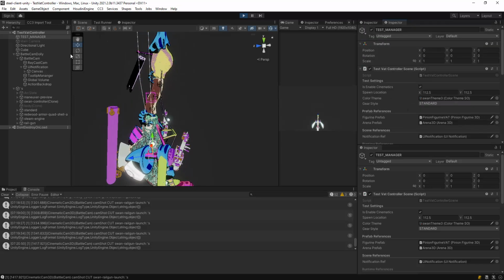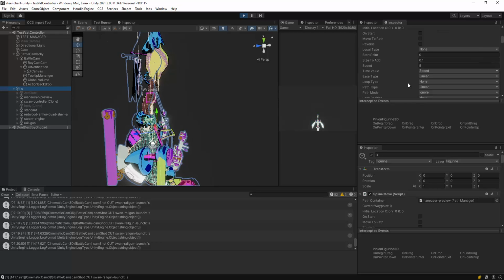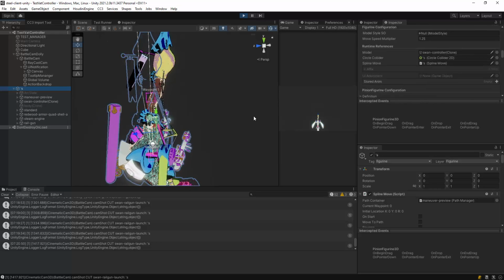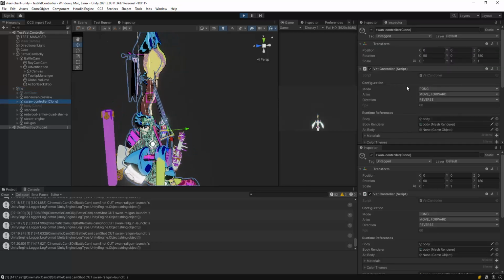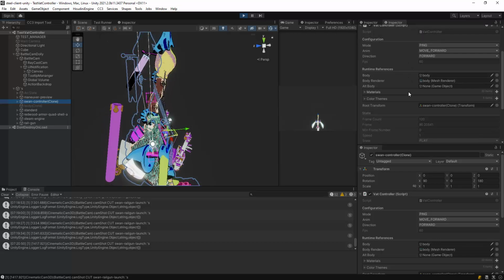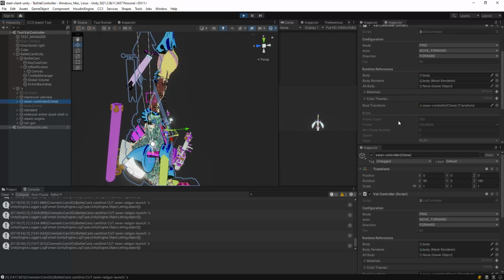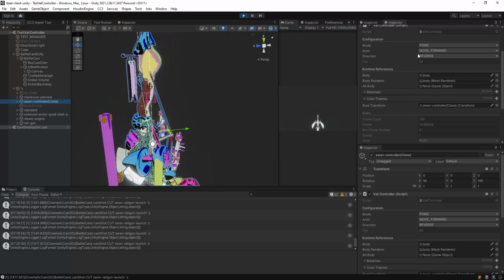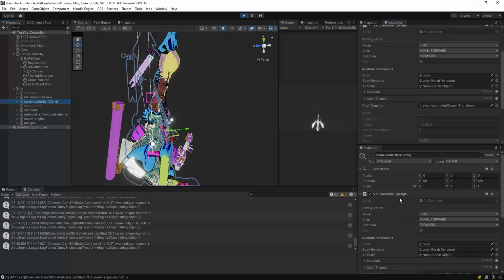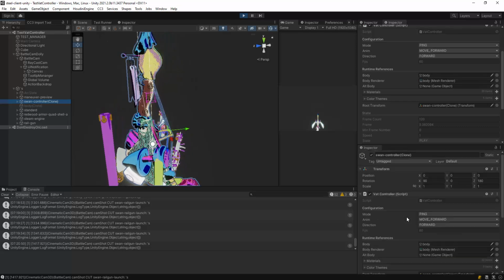Actually, I have Test Manager here. Let me click on it. I forgot about the locked inspector. We can look at the controller and see that. So right now, what animation are we playing? Does it tell me? It doesn't say. It says, oh yeah, it does. Move forward. Okay, so then if I come down here,